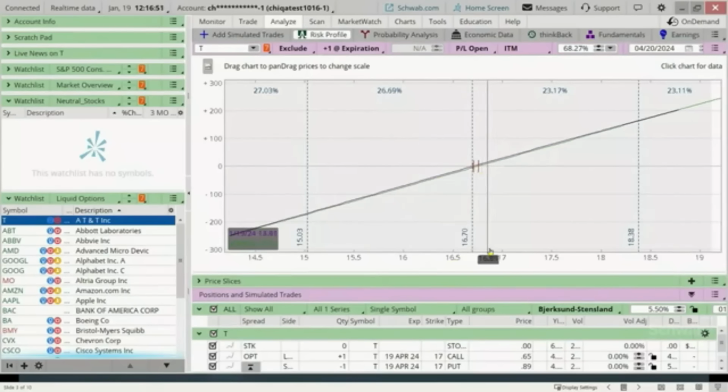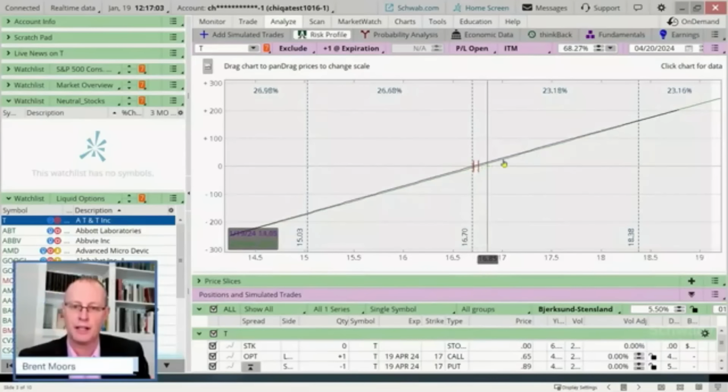If the stock goes up more and more, you make more and more money. If the stock goes down more and more, you're likely to lose more and more money on the option.